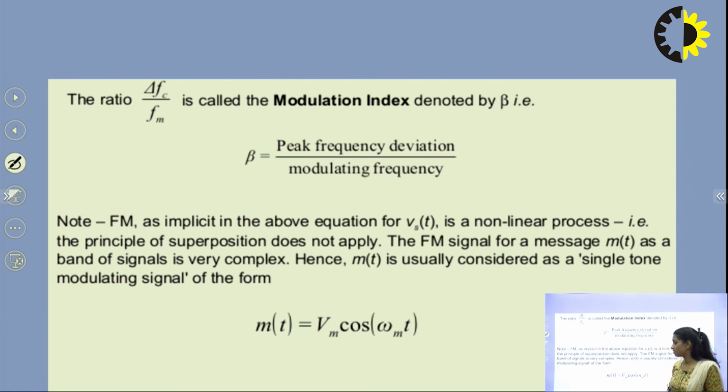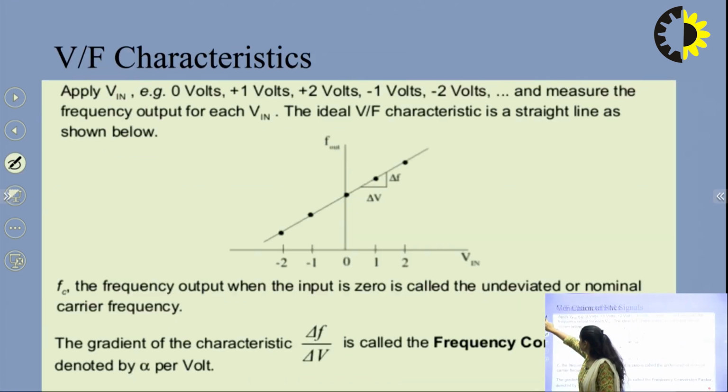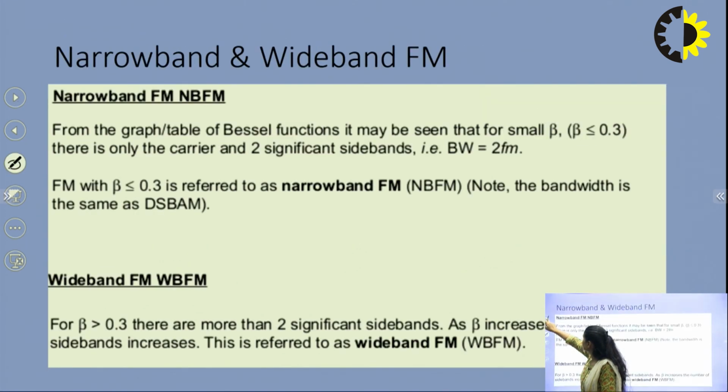With a note: fm is implicit in the above equation for v(t), and it is a non-linear process, that is, the principle of superposition does not apply. The FM signal for a message m(t) as a band of signals is very complex, hence m(t) is usually considered as a single tone modulating signal of the form, where m(t), the message signal, is represented like this, right? So the generation and next part will cover